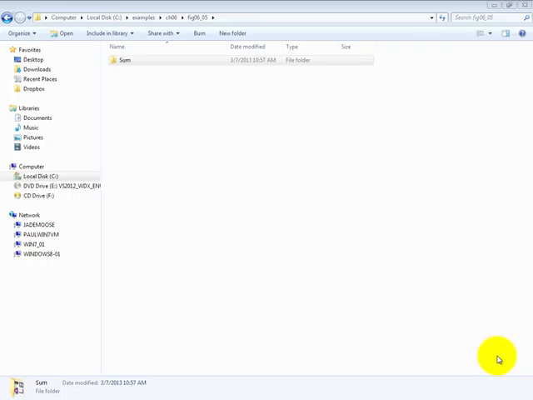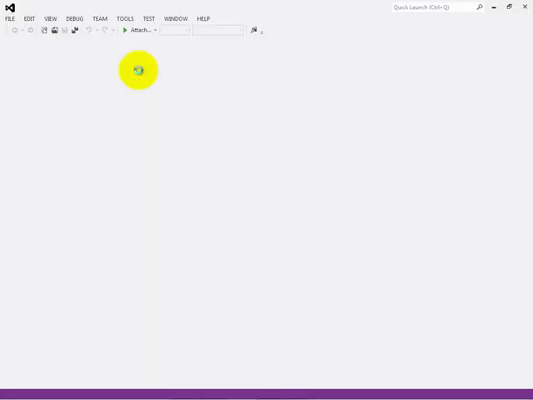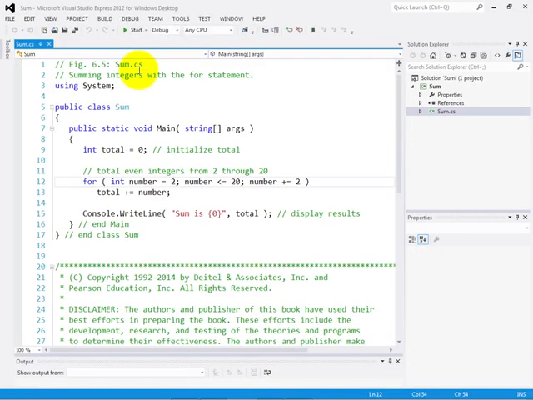Our next couple of examples demonstrate simple applications of the for repetition statement. For our next example, we're going to simply sum up the even integers from 2 through 20. And the main reason for this example is just to demonstrate that you don't have to count from 1 through 10. You can count from whatever starting point you want, and your increments or decrements don't have to be one